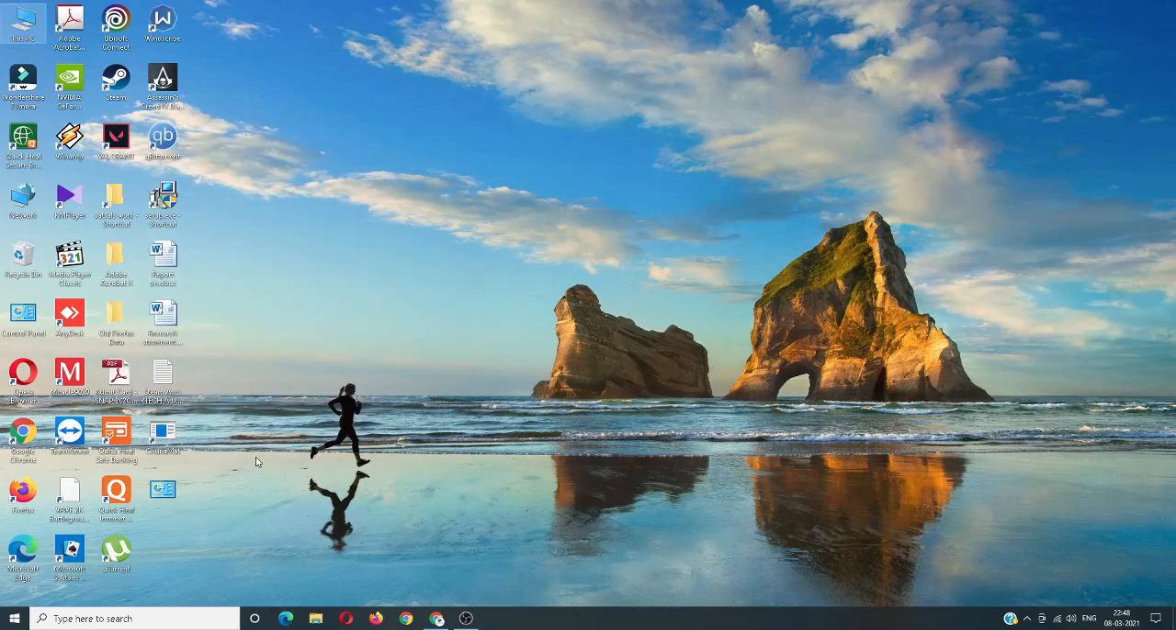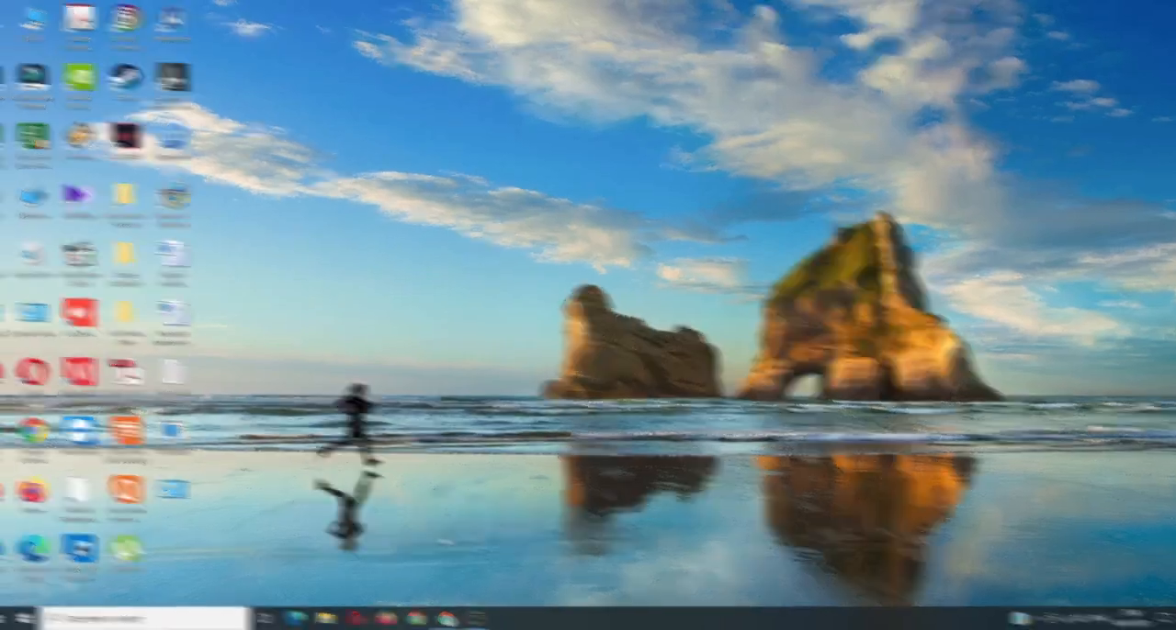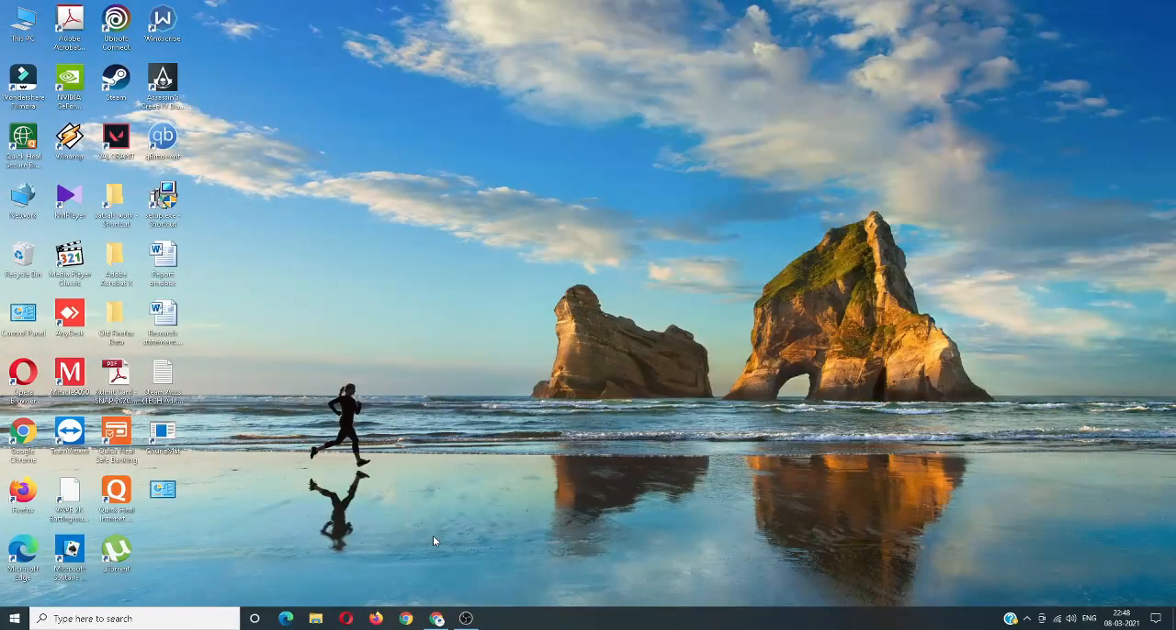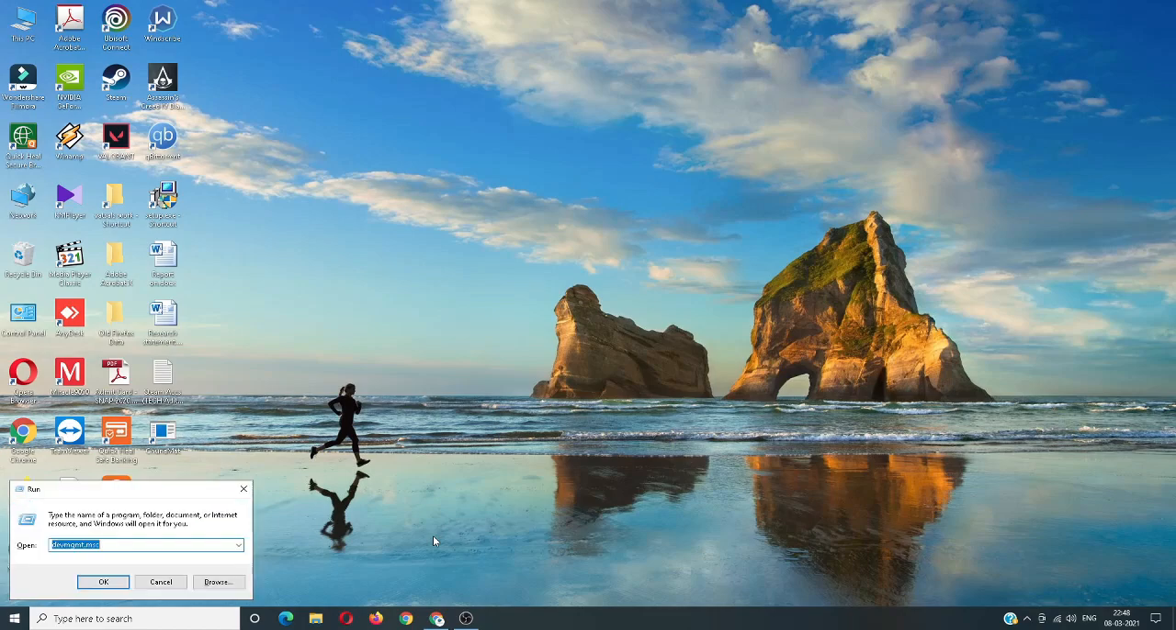So yeah, moving on to the next trick. The next trick is disabling or adjusting the animation of Windows. To do that, you have to open run and type in there